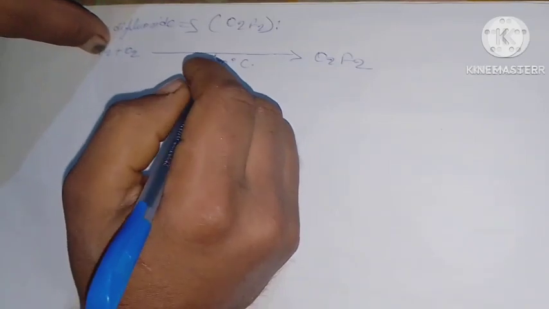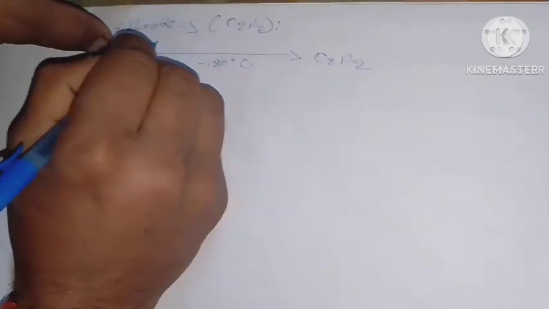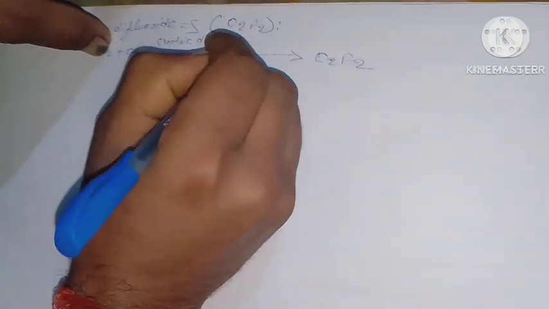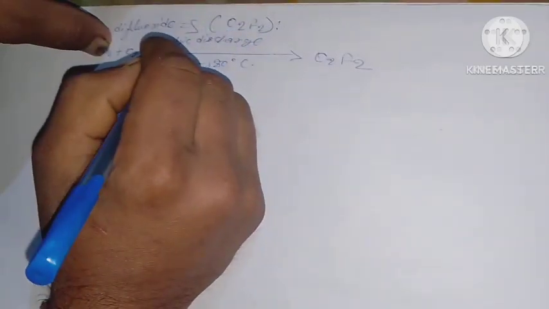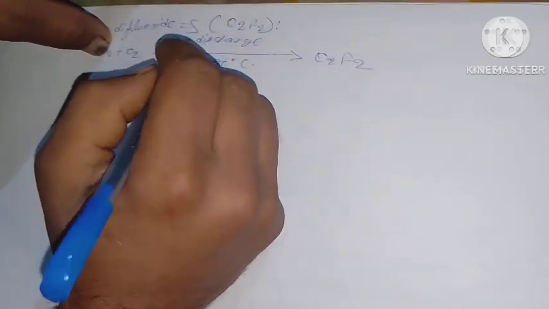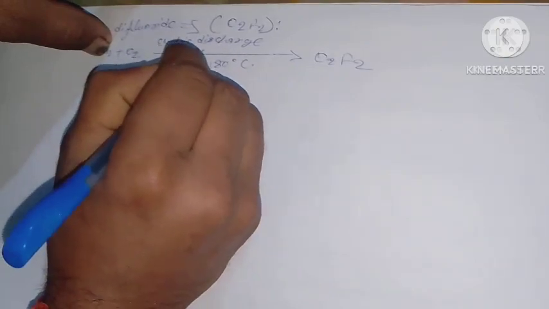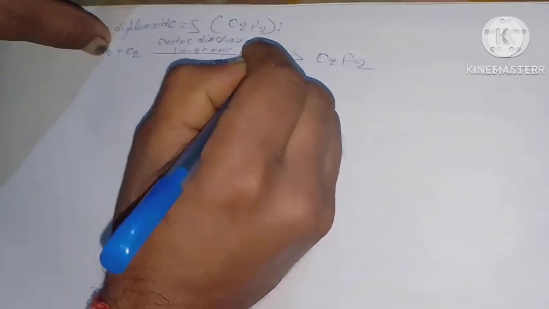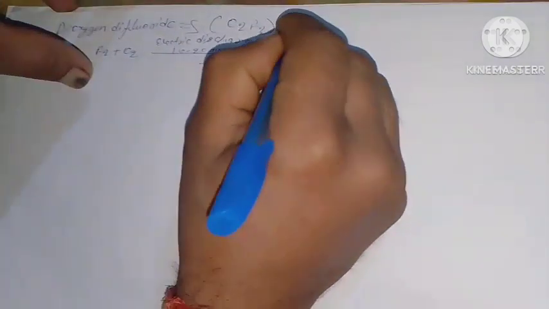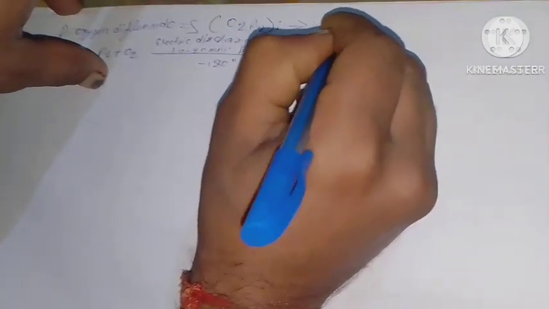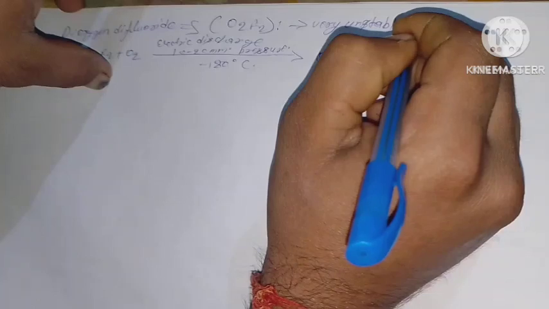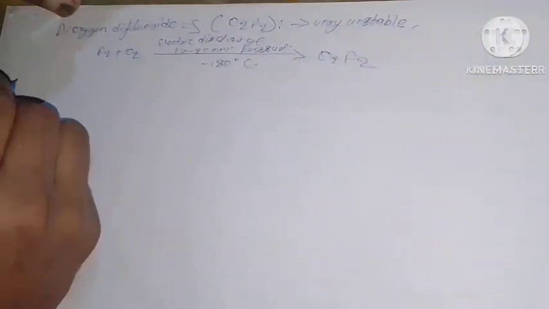It is prepared by the action of electric discharge in a mixture of fluorine and oxygen at low pressure, 10 to 20 mm pressure. It is very unstable. It decomposes into fluorine and oxygen